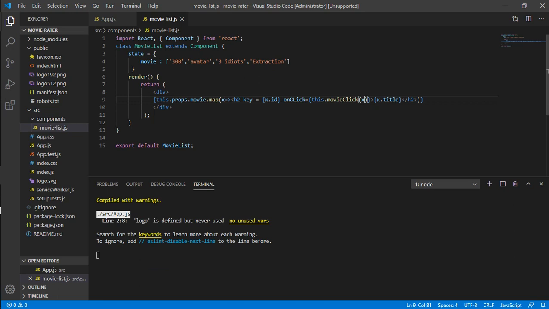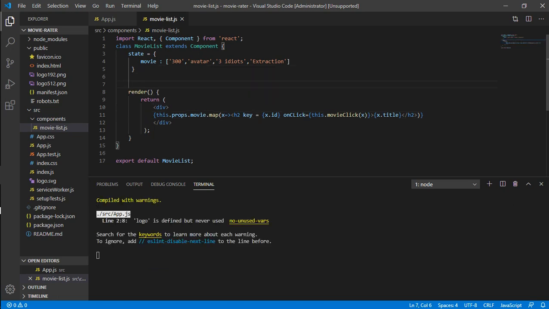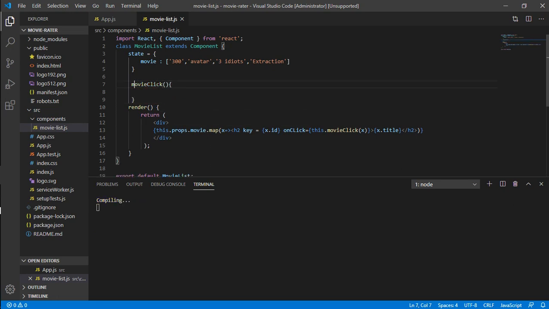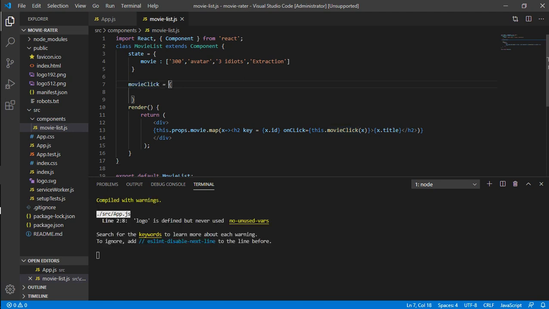So let's say we are passing x. So that x stands for the movie. And here if we want to define that function, it's not like that. We need to make an arrow function, as well as define that it's a button. So if you have movie arrow function, there is an event,